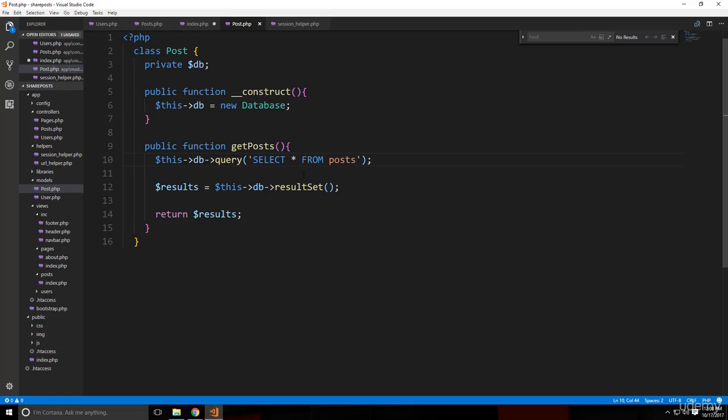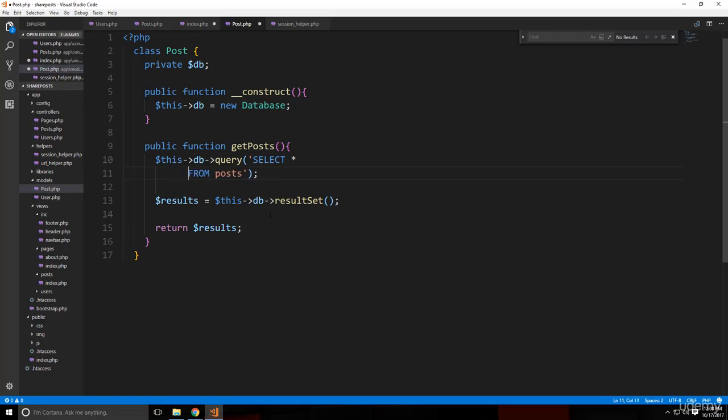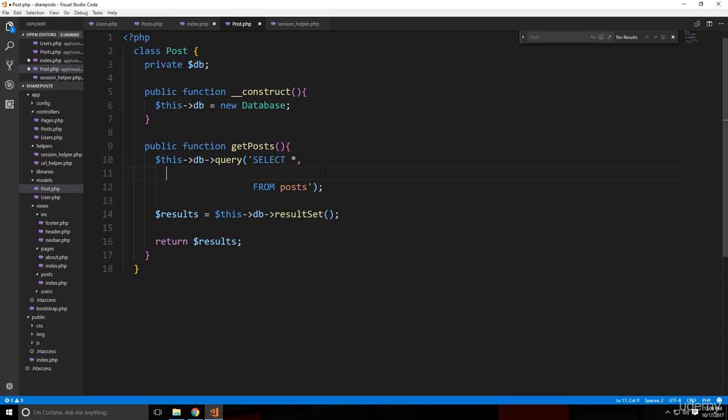So we need to create basically an alias for the post and user ID fields. So try to follow along with me. We're going to say select all from posts. I'm going to put this stuff on separate lines. Actually, we're going to say select all, comma, and then we're going to do our